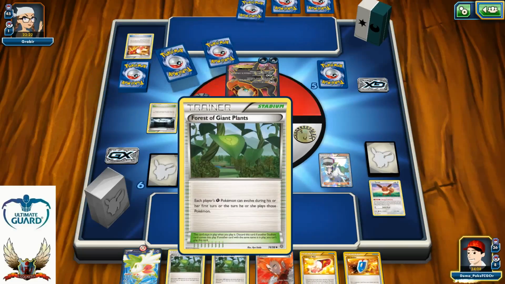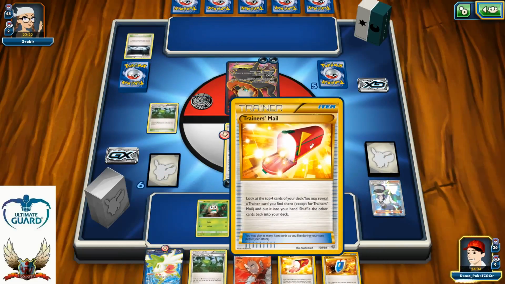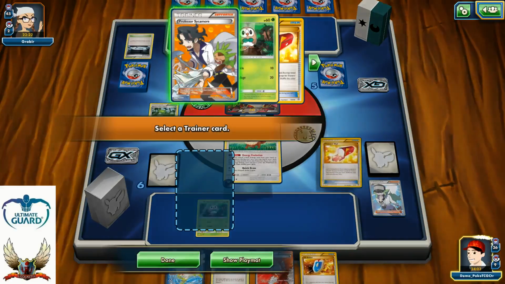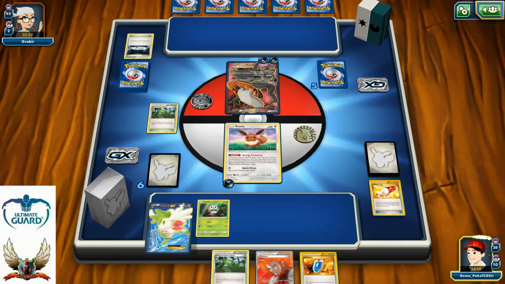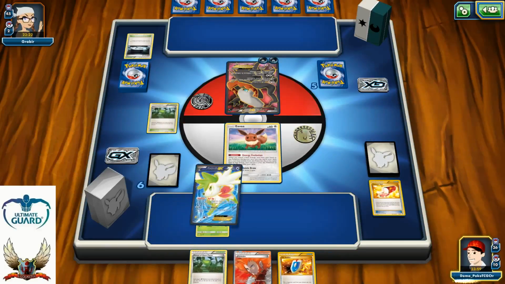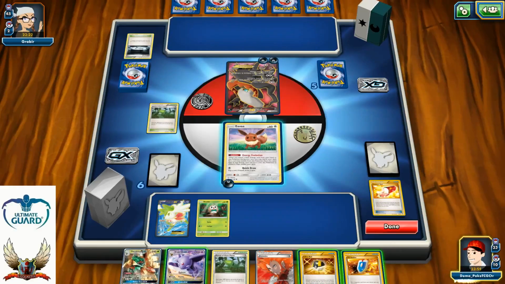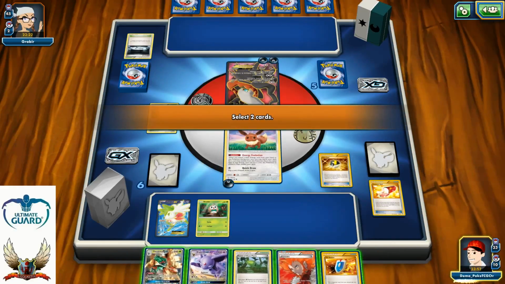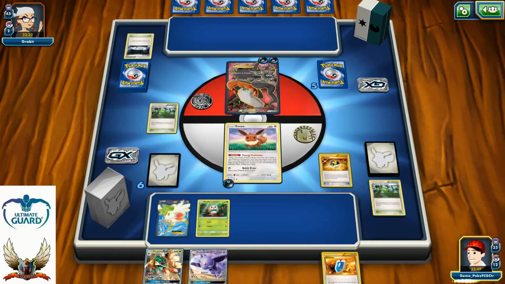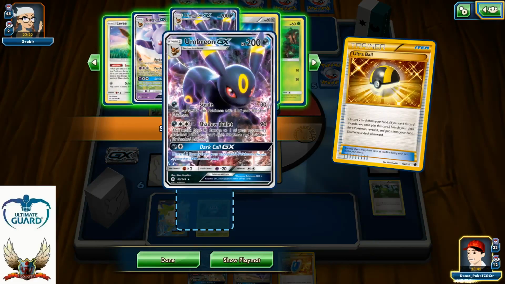Well, that didn't happen, but at least I have Forest of Giant Plants sitting in my hand and Trainer's Mail, so maybe I can find that Ultra Ball right now. Nope, just Professor Sycamore, so I'm gonna try to find more resources with that Shaymin-EX. 3 extra cards for me. There is Ultra Ball, however. I'm gonna play that Ultra Ball for Lysandre and for Forest of Giant Plants, to be honest. And this is just gonna be Ultra Ball